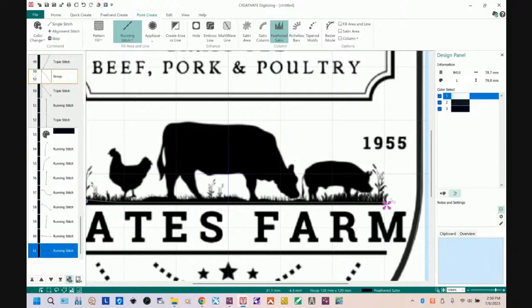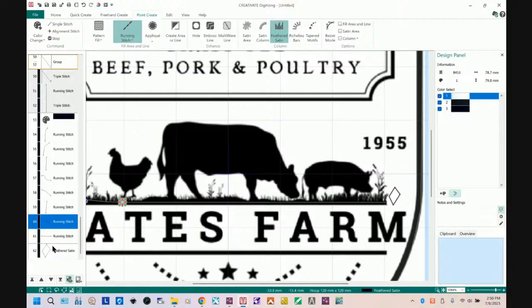So again, I want to cursor over and make sure I see that little slash. However, if you screw up, which can happen, I'm just going to make a little segment here just to show you. If I screw up and I can see that this is not joined, all I have to do is select one of the two objects. I'm going to select the one above, and I can drag this point. Oops, I've got my tool still on. Sorry, guys. I can go to point edit,